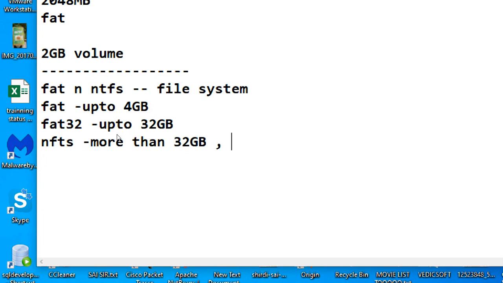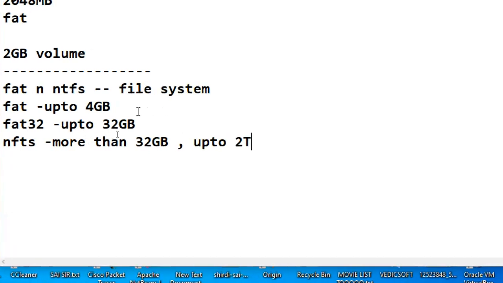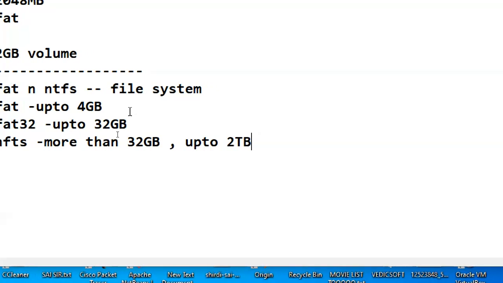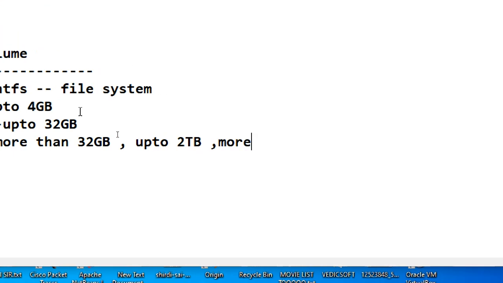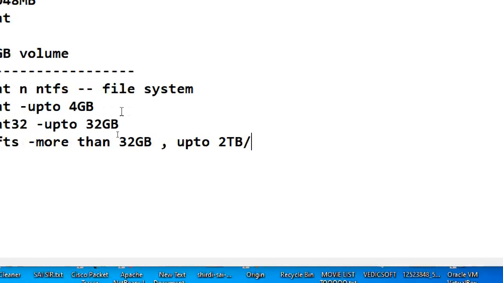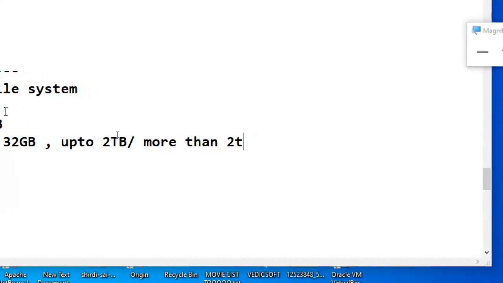In some places they say up to 2 terabytes, but depending on the version of the operating system, it supports even more than 2 terabytes.